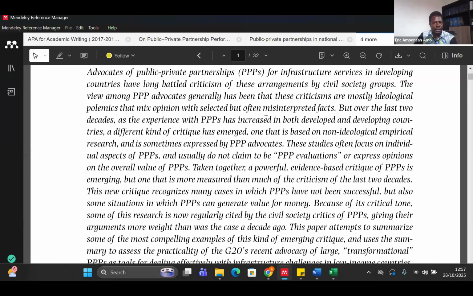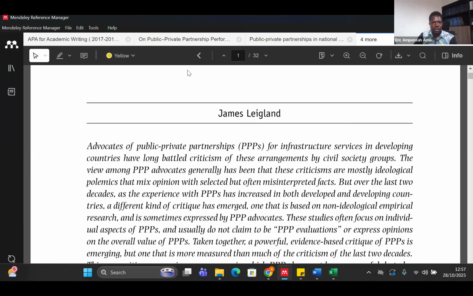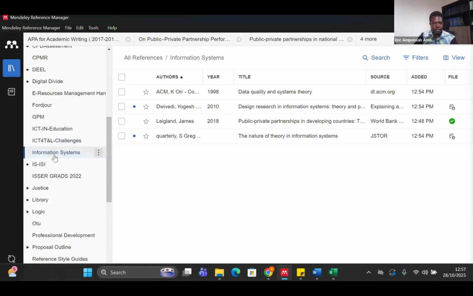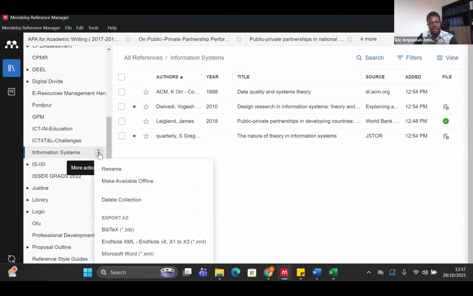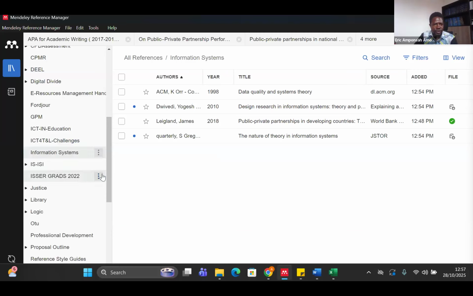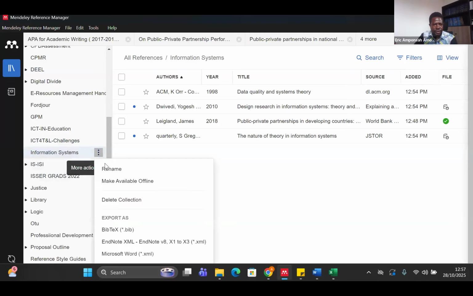And so let's see how. For instance, for students, once you create this collection and you add information, there's a possibility that you have about 3, 4, 5, 6, 7, 8 courses per semester. So what it means is that you also need to create collections for the particular courses in your program, especially for graduate students and PhD researchers. This is very important. And so you click on the ellipsis icon here. Sorry. You come here and then you choose,